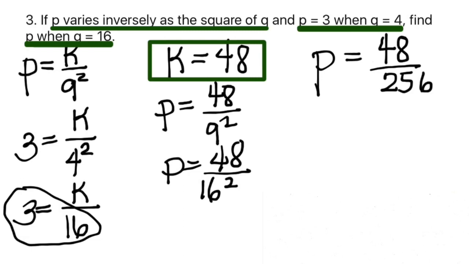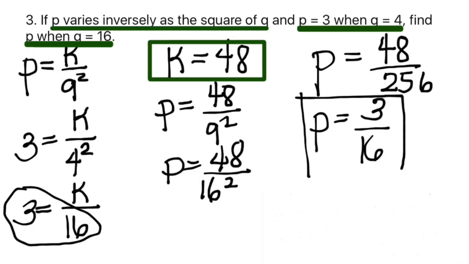So, since we cannot divide 48 by 256, ilo-lowest term na lang natin siya. So, the lowest term of it is p equals 3 over 16. So, the value of p is 3 over